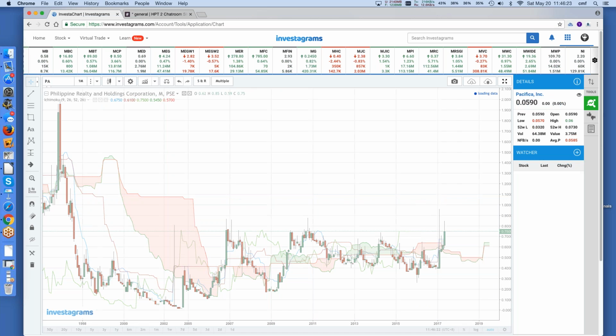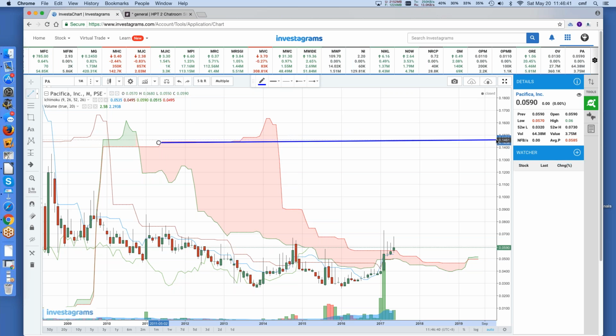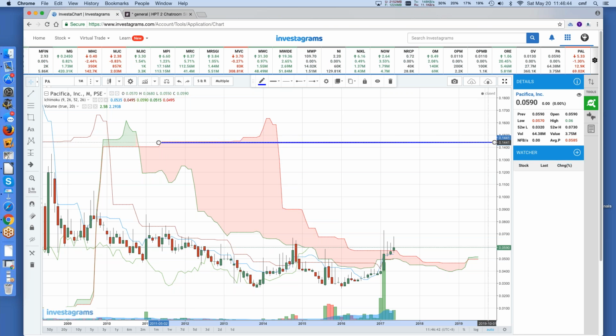The same goes for Pacifica. Pacifica has no resistances above its monthly chart, but you will find resistance at the Senku B level at 14. There are no other resistances at this level. But if we do a Fibonacci plot,